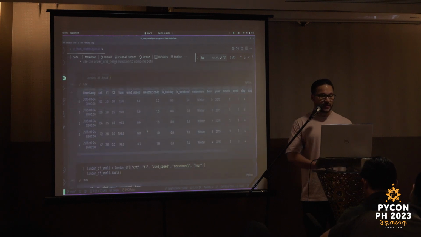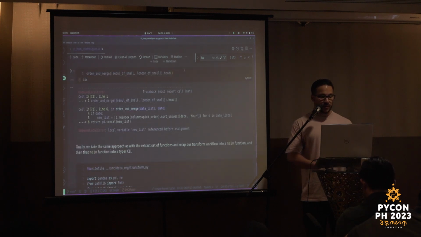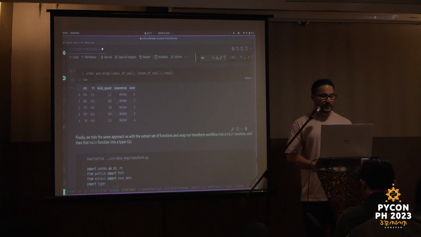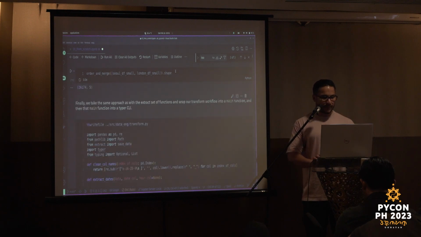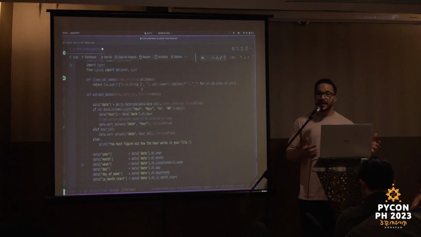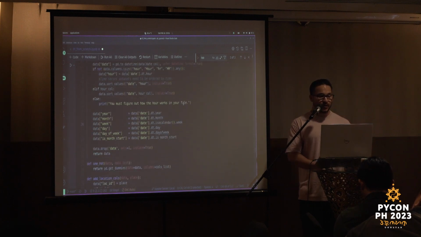Now we can actually check whether those two work or not. And there it is. Now we have both. So London had about 17,000, I believe. And then Seoul had about 10,000. So that's 26,000. We have both. Perfect. So now the last step of the puzzle, and before we go into a break, let's talk about quickly